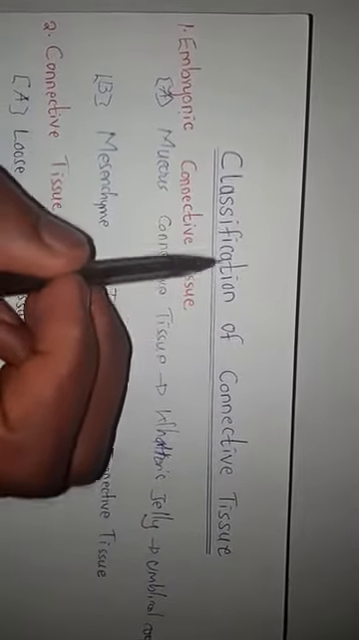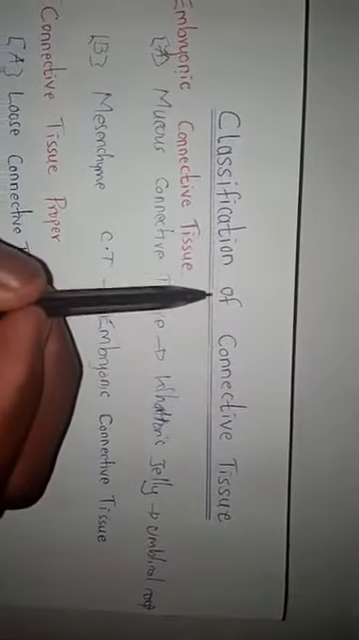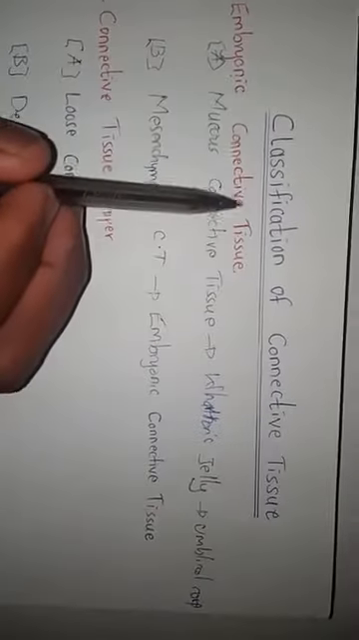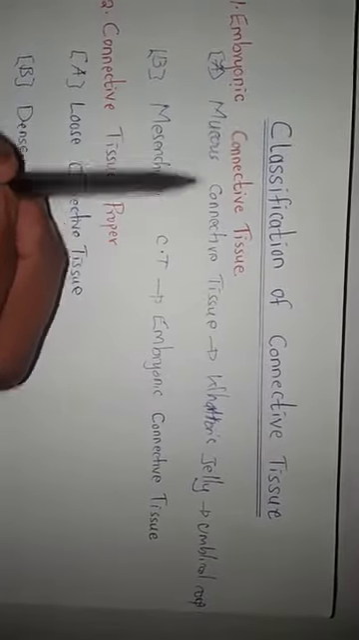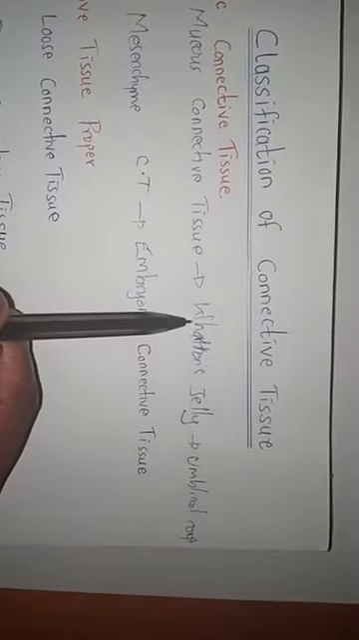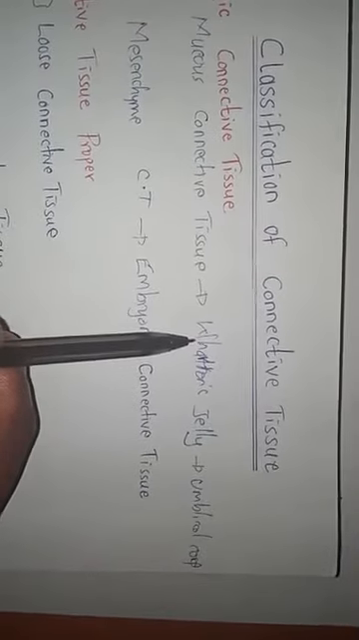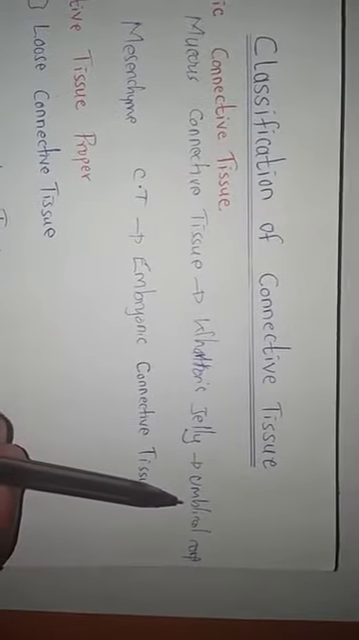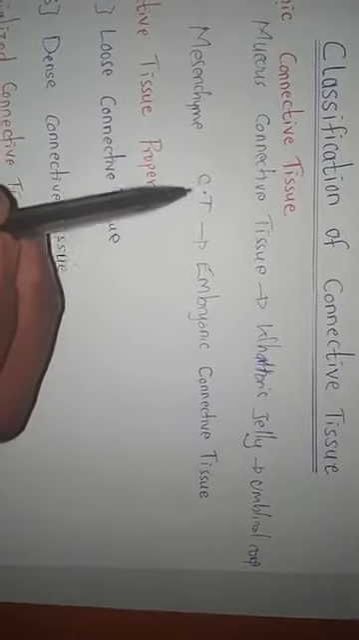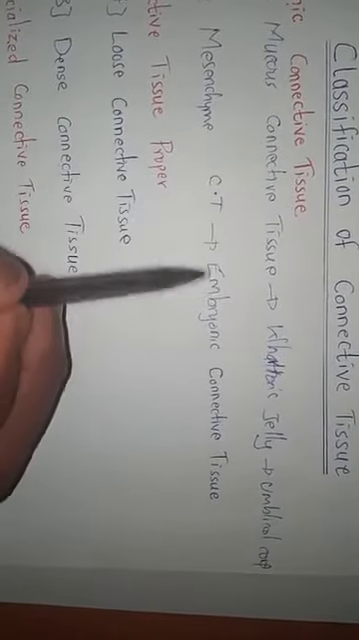Today we are going to talk about classification of connective tissue. In the classification of connective tissue, you'll find embryonic connective tissue, connective tissue proper, and specialized connective tissue. Under embryonic connective tissue, we'll talk about mucous connective tissue and the mesenchyme connective tissue. In mucous connective tissue, we have indicated here that our example is Wharton's jelly, and Wharton's jelly is found in the umbilical cord. We also have the mesenchyme connective tissue, and here mesenchyme connective